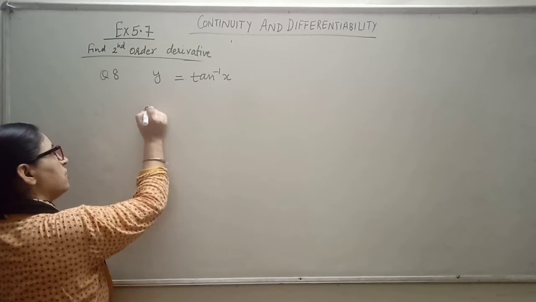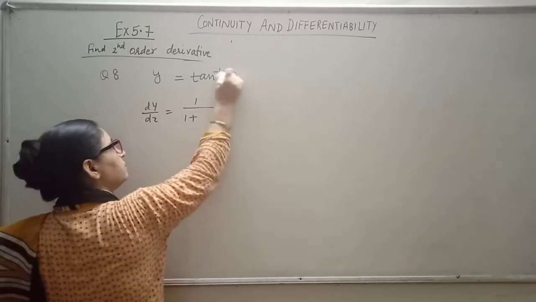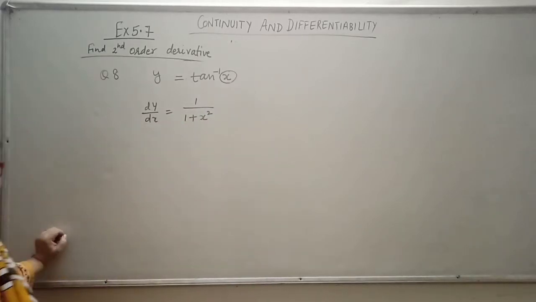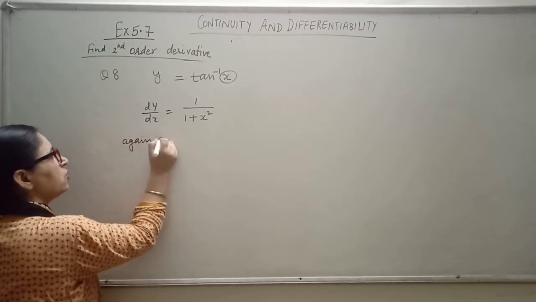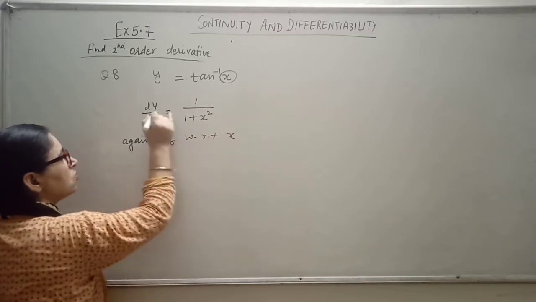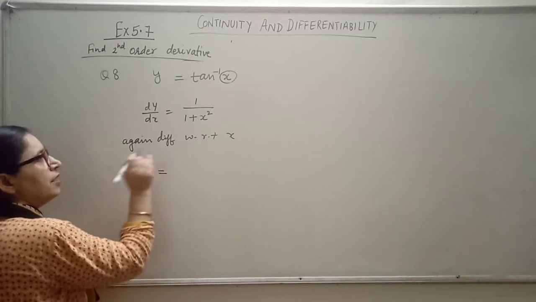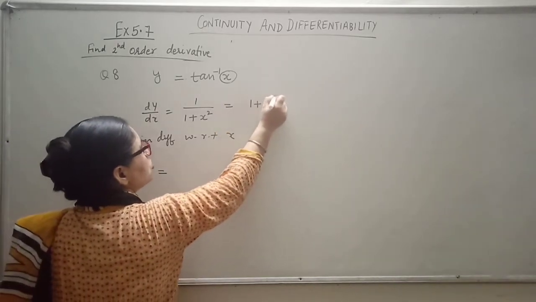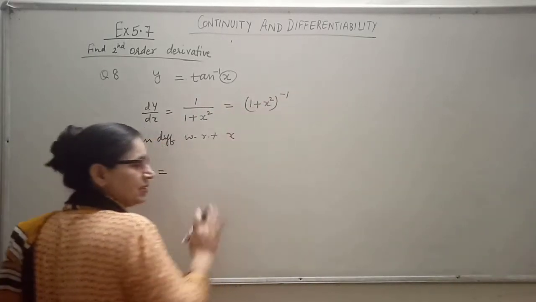तो इसका फर्स्ट ऑर्डर डेरिवेटिव dy by dx is equal to 1 upon 1 plus this x square. और x का डेरिवेटिव we know that is 1 into 1. No need to write that. Now again differentiating it with respect to x. Again differentiating with respect to x. So it would become d square y by dx square, second order derivative. Now if I write it as 1 plus x square, because here in the numerator it is a constant, so we can write it as like this.